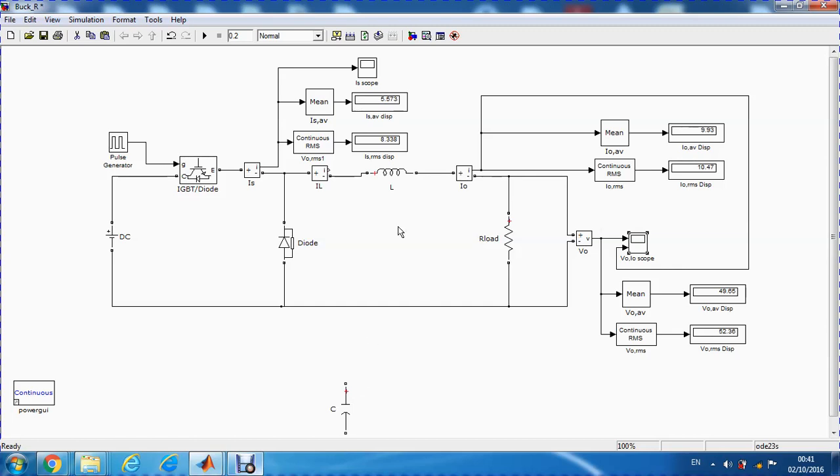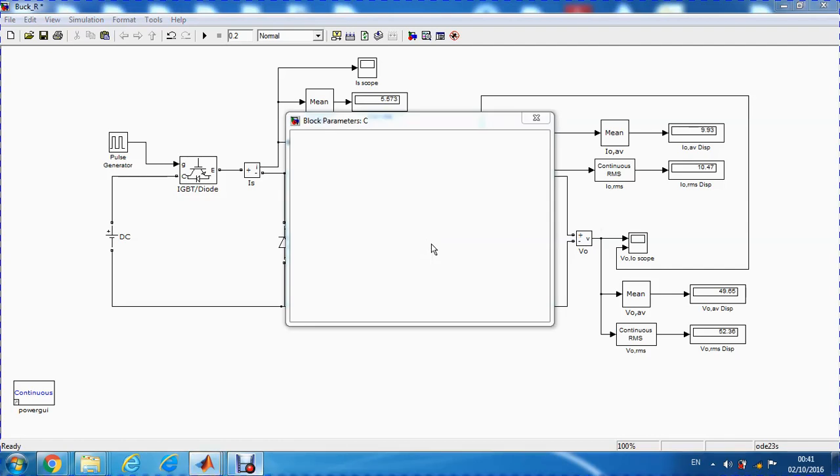But the problem is, the higher the switching frequency, the higher the switching losses. Well, this is going to be a disadvantage for the switching device. So what I will do is introduce a capacitor across the load, after the inductor. So it's going to work like a low pass filter,